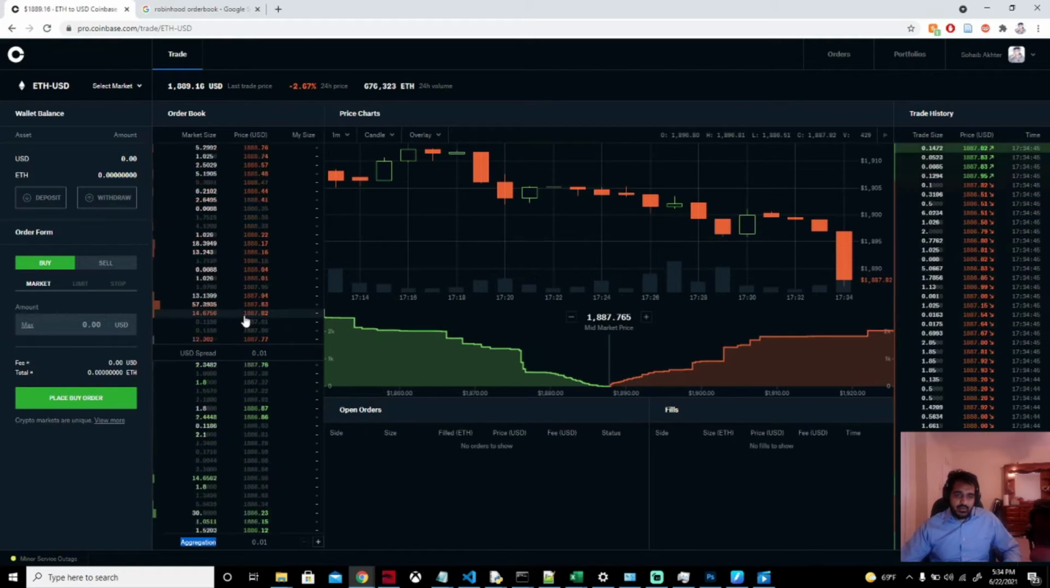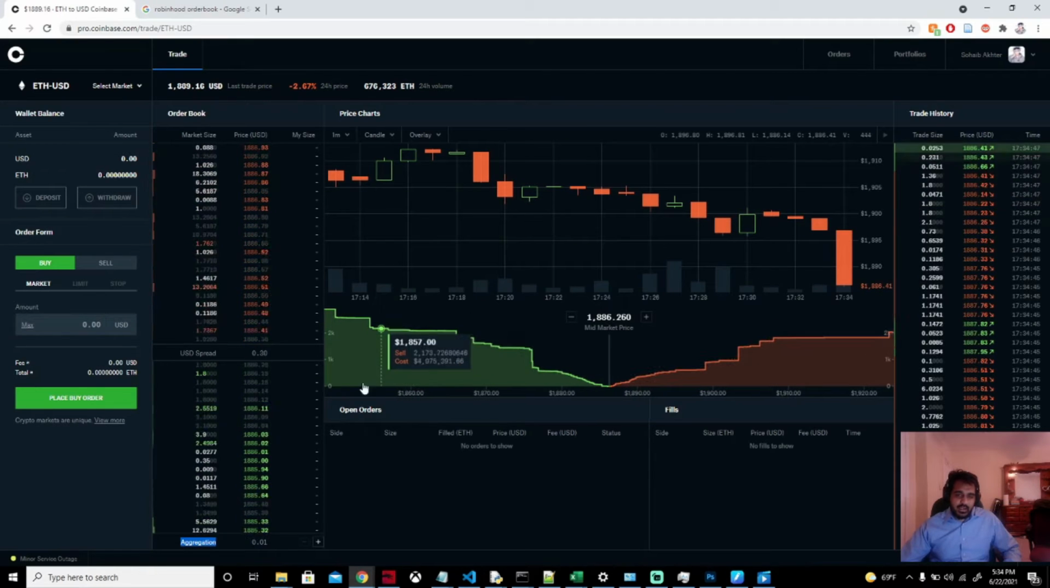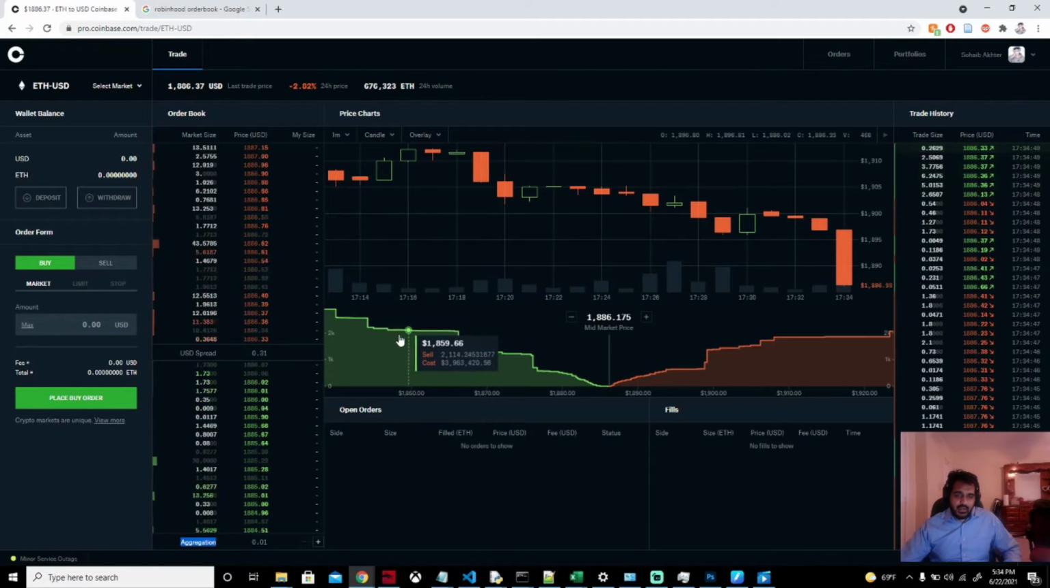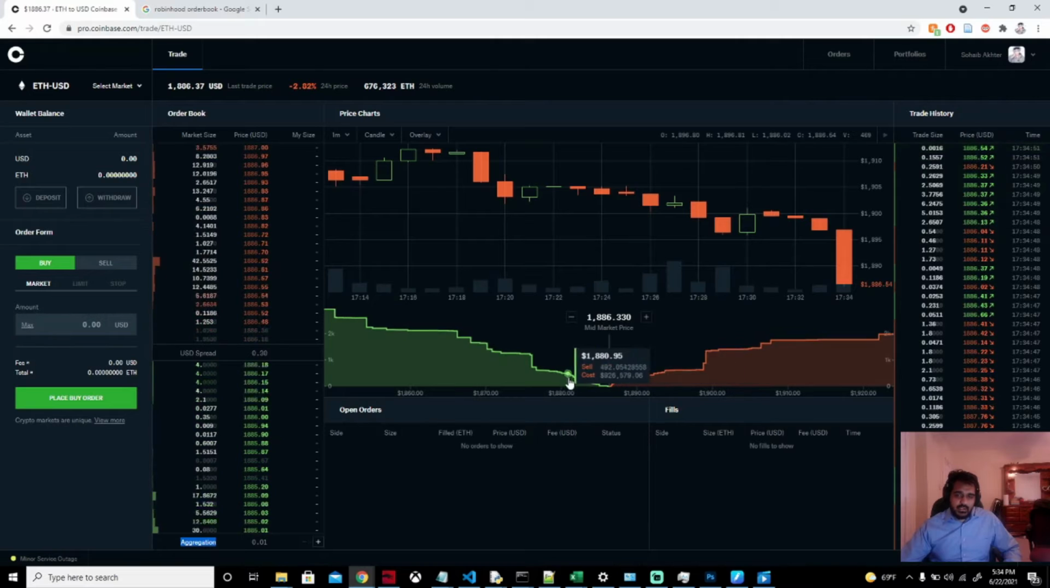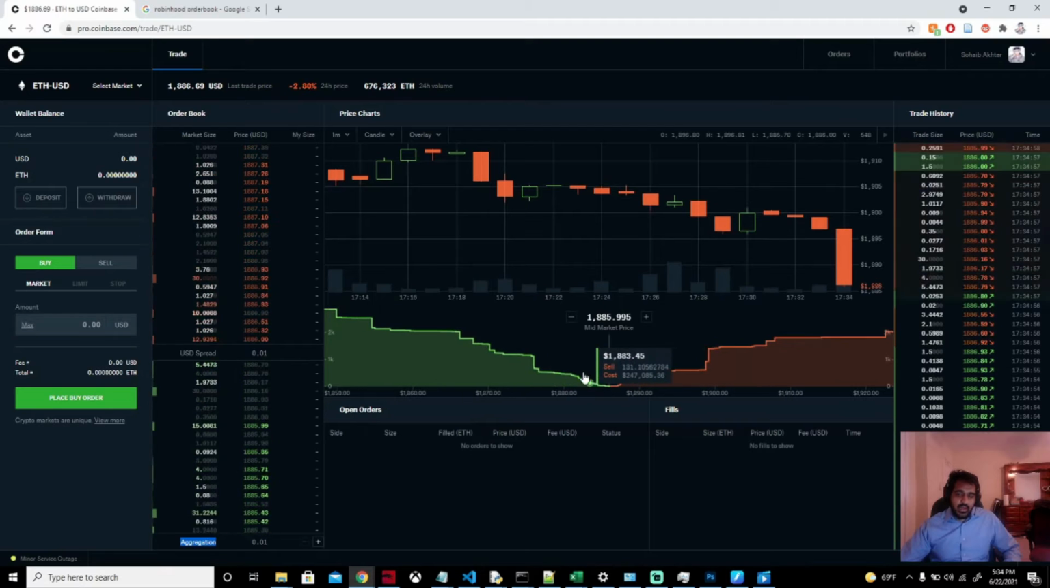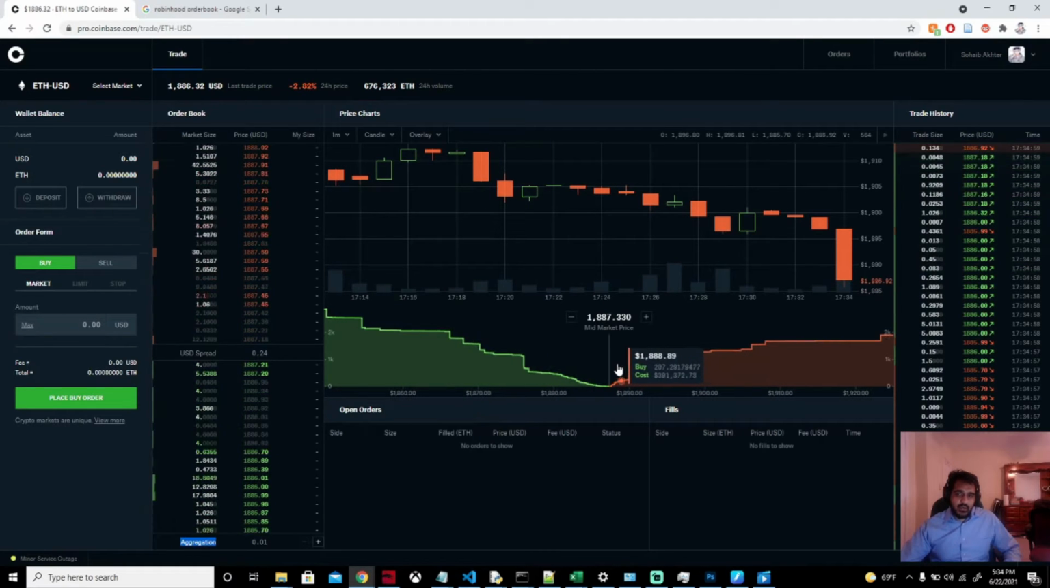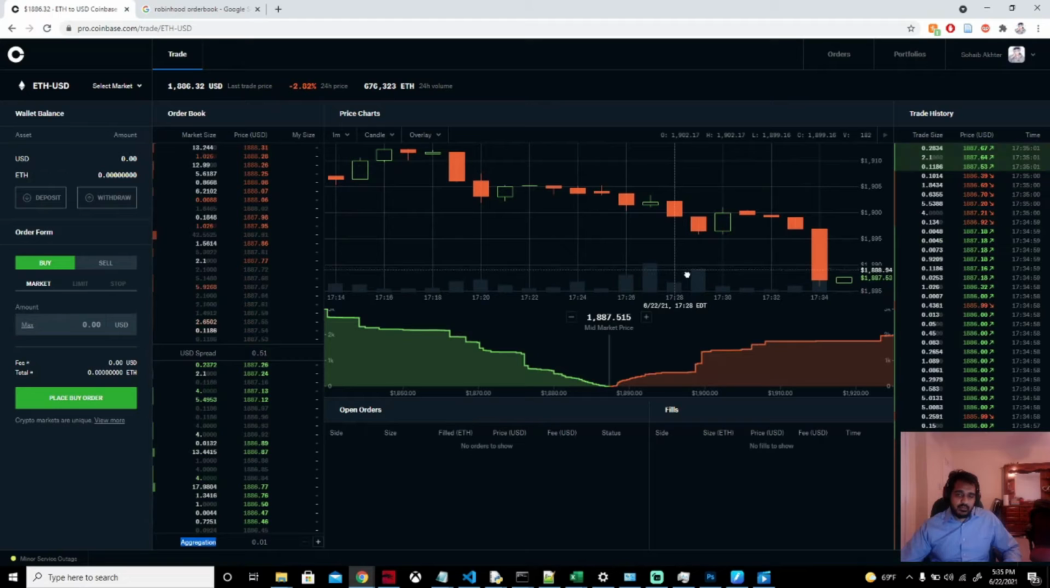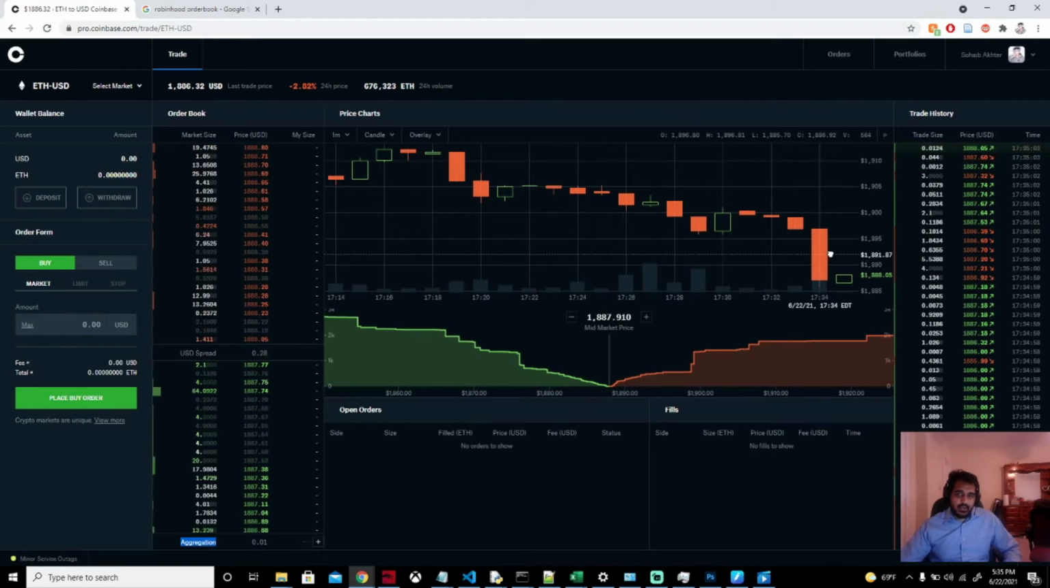What can you do with this information? Like I said, as a general idea, if this is bigger than this, it's moving up. If this is bigger than that, it's moving down. Only if you have a pretty good view of the market, because there could be some shadow players, some people